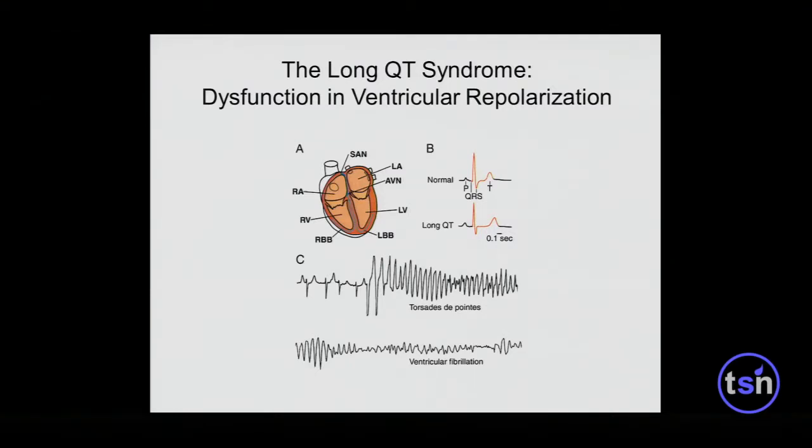By itself, delay in repolarization, prolonged QT, pardon me, is not particularly problematic. In fact, in the 80s, drugs were being developed to prolong QT intervals to prevent certain kinds of electrical disturbances called reentrant arrhythmias. But what drug companies found in the 80s and early 90s was that prolonged QT often led to very dysfunctional and often fatal electrical activity, arrhythmias in the heart. And so it's the link between prolonged QT and dysfunction and sudden electrical cardiac death that we're very interested in